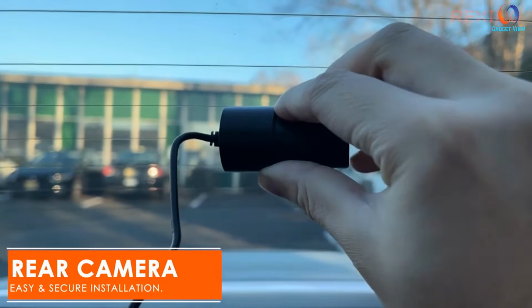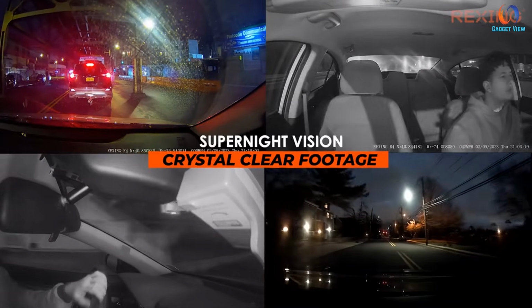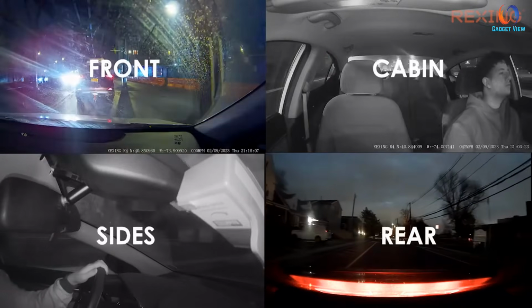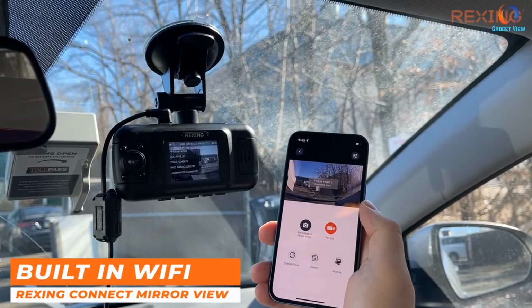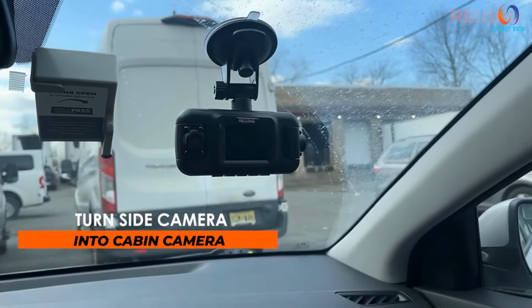To take your camera to an even higher level, we recommend using our CPL filter to reduce the glare caused by streetlights and headlights. With parking mode, the Rexing R4 is on alert for a collision even when your vehicle is turned off. When the camera detects movement, it will start to record and then turn off again to save